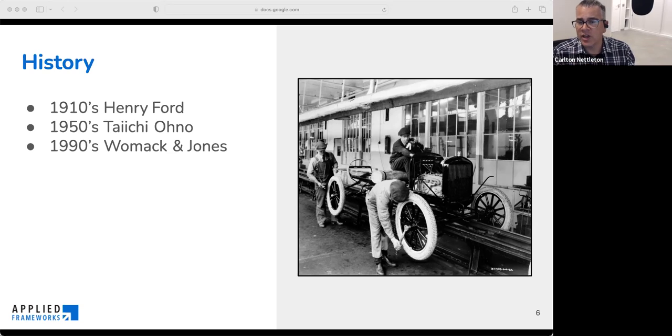Ohno and his teams of engineers used value streams to map out all the steps from start to finish. They mapped out these steps to develop a simple single component, or all the steps to build an entire product. And then in the 90s, the first people to offer a definition for a value stream to Western audiences,